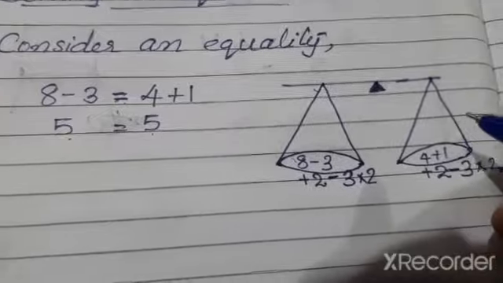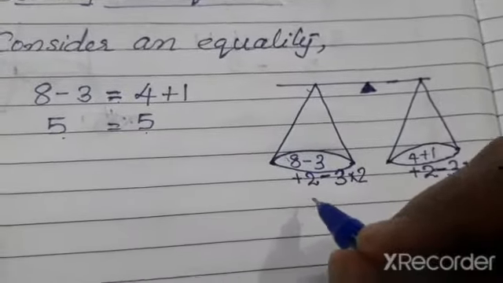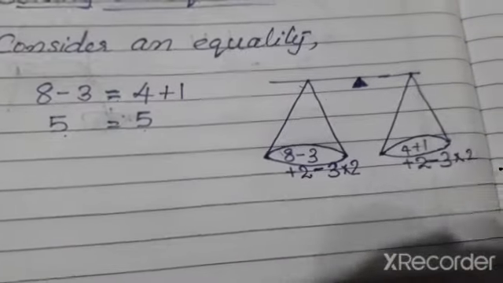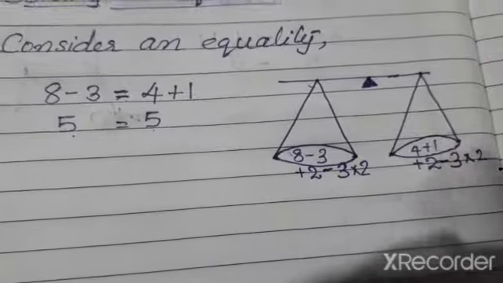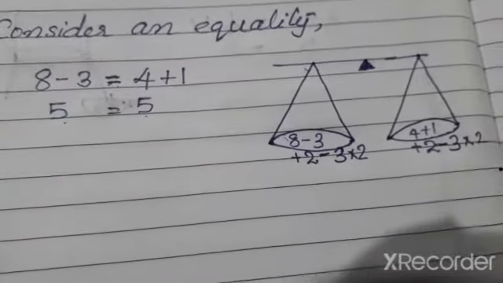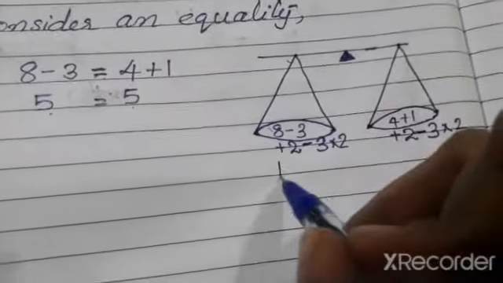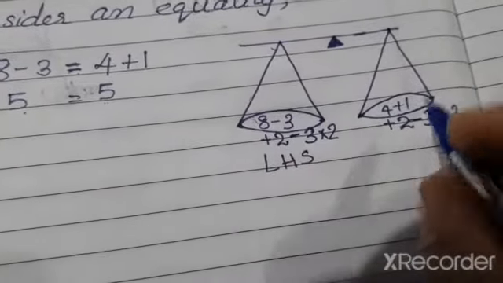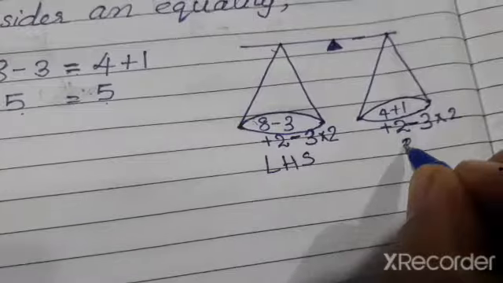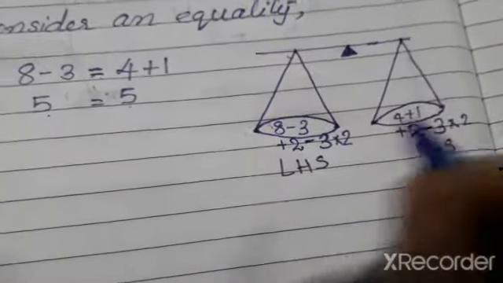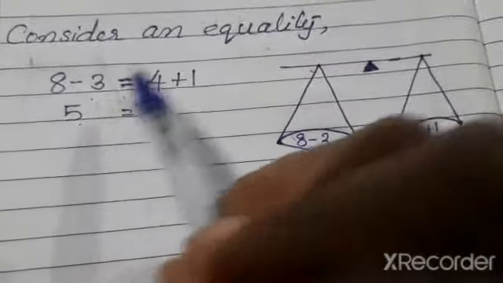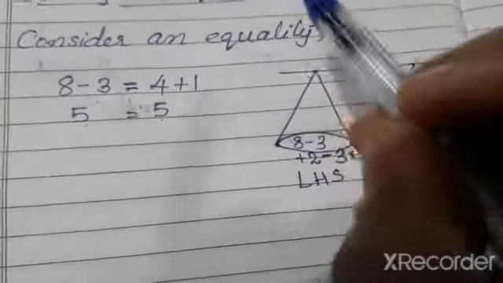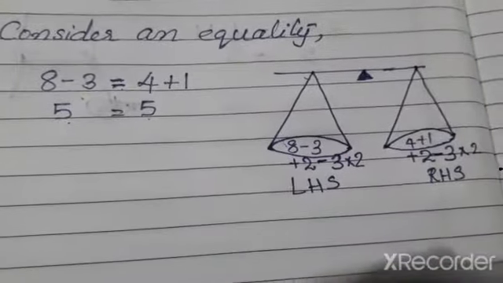And here division also you can perform. But the important thing is whichever number you are multiplying or adding or subtracting or dividing with on the left hand side, that same number you do with the right hand side. Then the value of the equality will never change. Value will be the same.